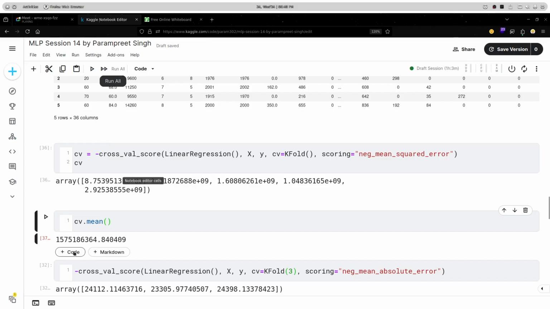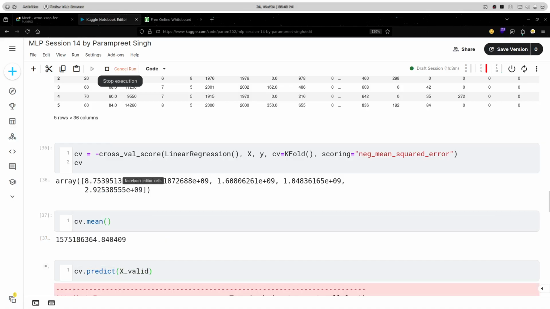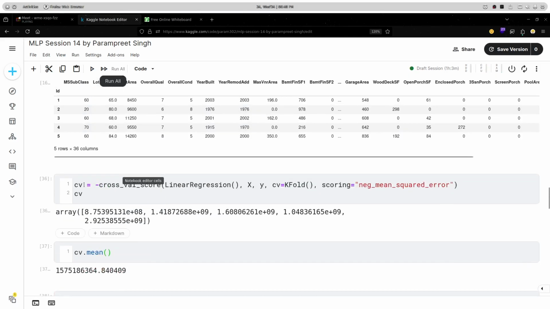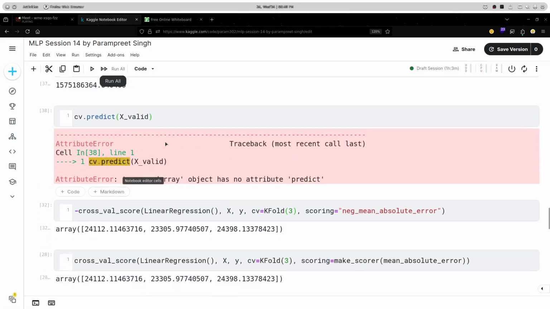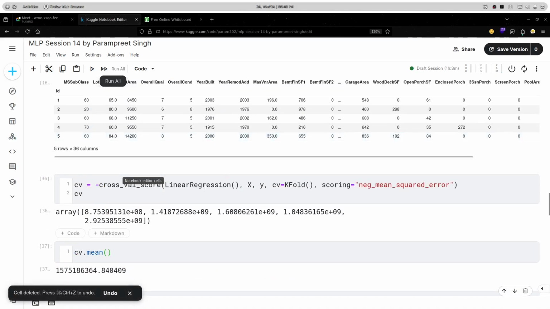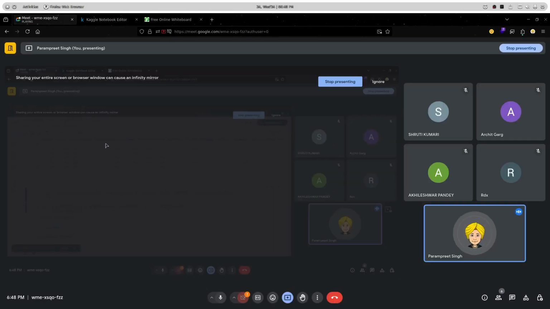And then again, to do the predictions and all, we can simply do the predictions as well. Let's suppose I pass an X valid, sorry, not on the CV. CV is for the cross validation only, it gives us the score, not any kind of estimator. We can then train our model based upon that. Now within the cross validation only,